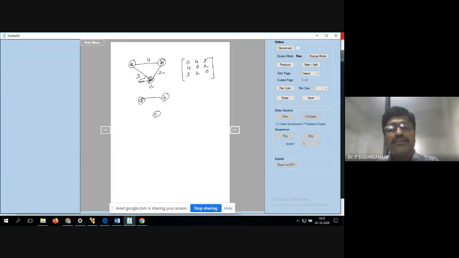See, without writing also it is coming. Okay, so A, B, C. So the minimum cost spanning tree: B to C is the minimum. That is the first one to be drawn, T. So A to C, next 4 is there, 3 is there. The minimum is A to C, that is 3. So now the minimum cost, the answer is 2 to 3